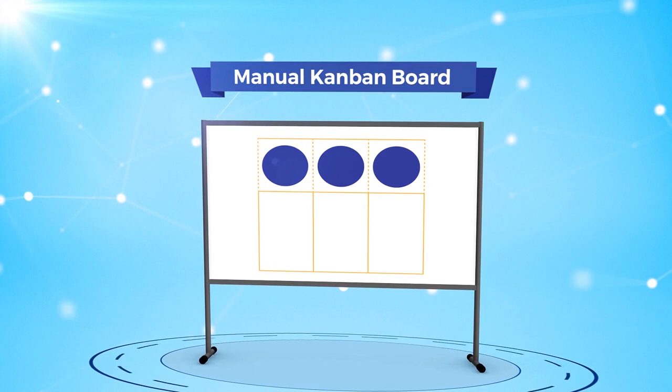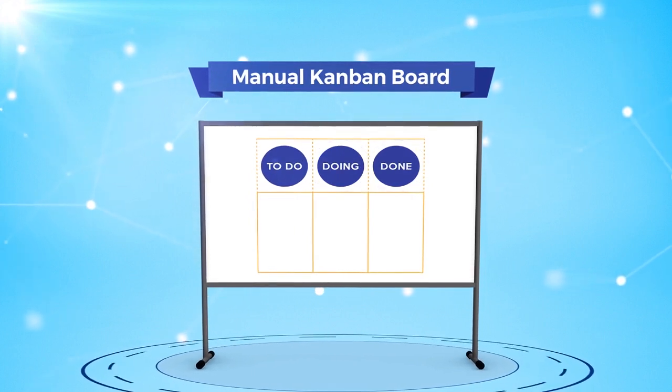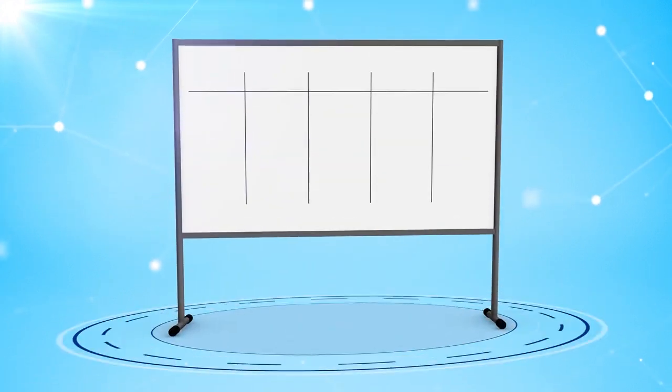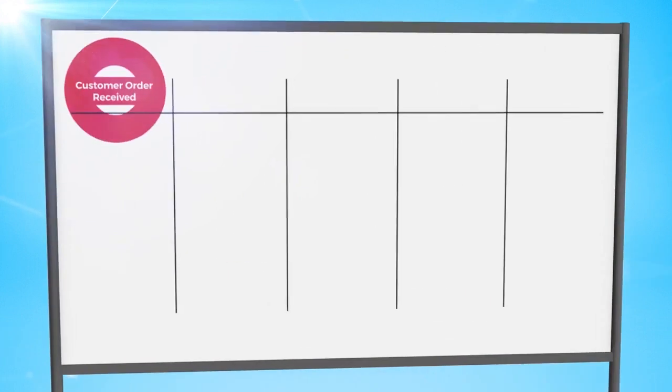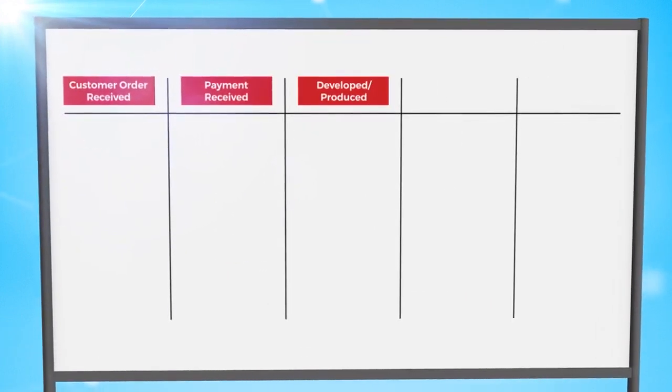The steps can be as simple and generic as to do, doing, and done, or they can be more specific. A more detailed Kanban board may include more categories, including customer order received, payment received, then developed or produced, then